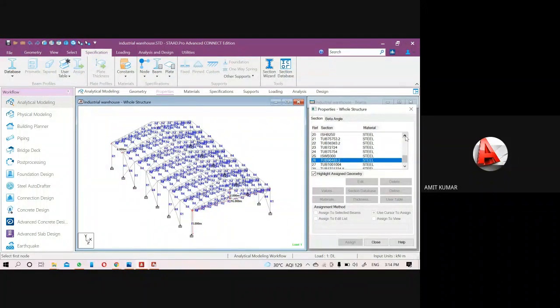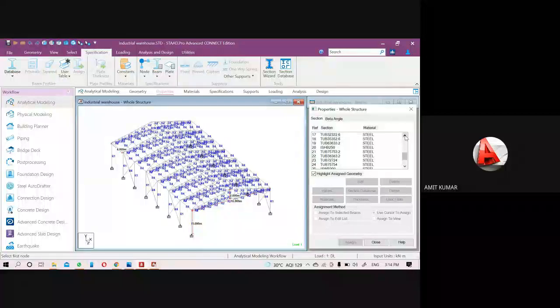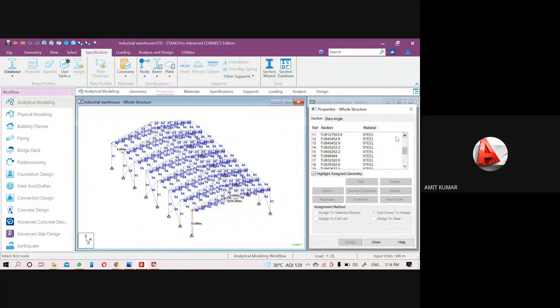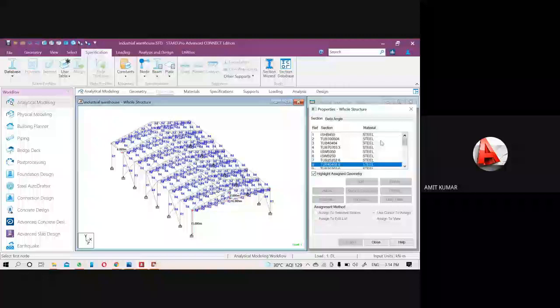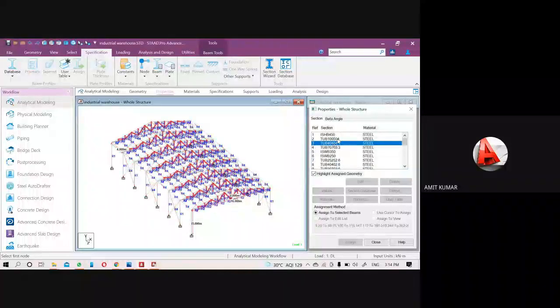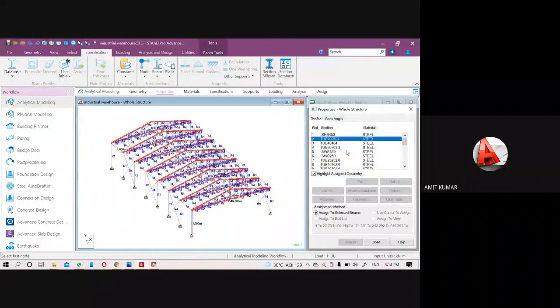Let me check. This was the 44. Yeah, this was a tube 154. So for the rafter I give the value tube 154.